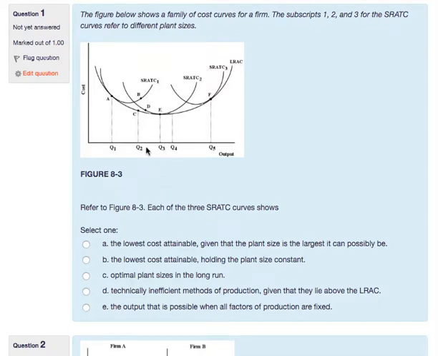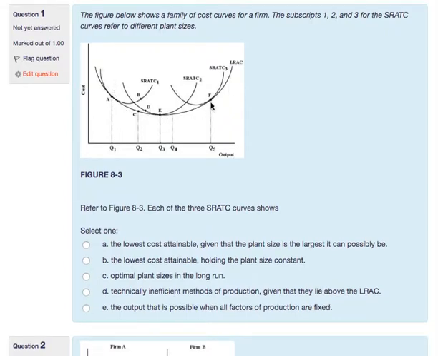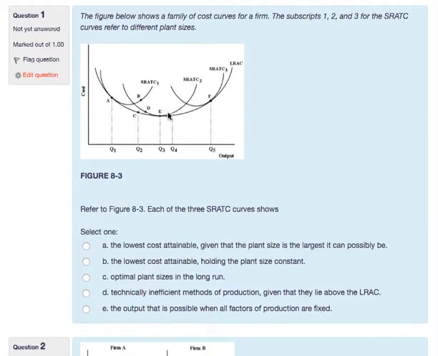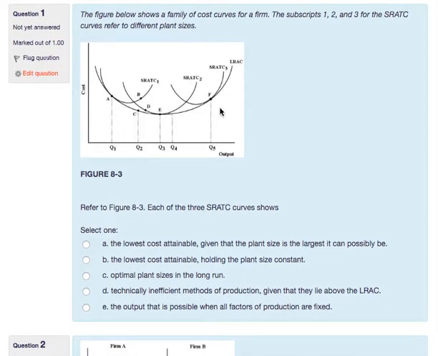So even without looking at this question, we have to understand how all of this works. In this chapter, we've seen that the long-run average cost curve is an envelope to different short-run average cost curves. We cannot go through it. It always has to be the lowest point. And what the long-run average cost curve represents is the lowest cost per unit achievable at different output levels. This is the cost per unit, not total cost, but the cost per unit at different output levels that you